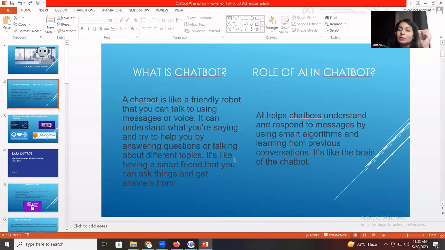That person knows what types of questions people ask, like: do you have this color of flower, at what time does your shop open, do you deliver to our home as well, and do you take delivery charges. These are the questions people ask the customer care executive at that flower shop.